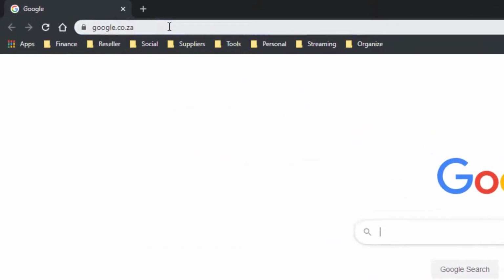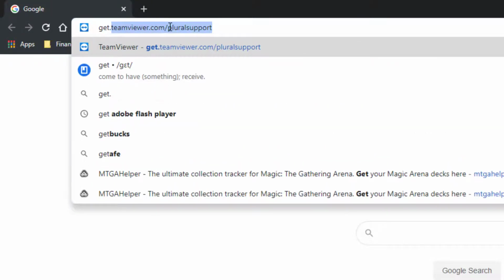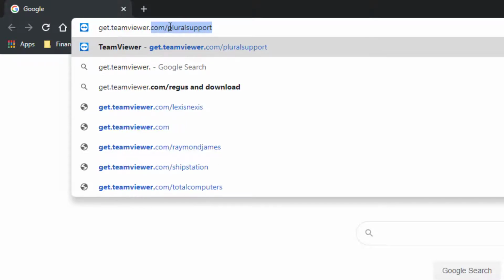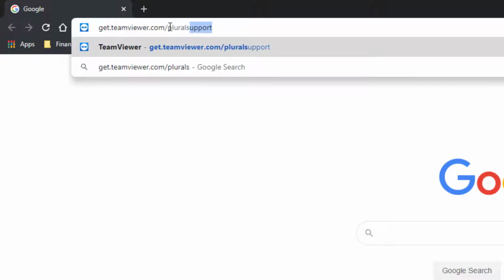You will now need to left-click in the address bar at the very top of the browser and type the following. Please remember, this is not case sensitive and requires no spaces. get.teamviewer.com/pluralsupport. Once typed, you can go ahead and press the Enter button on your keyboard to be taken to the download